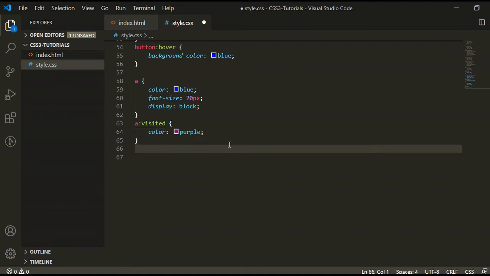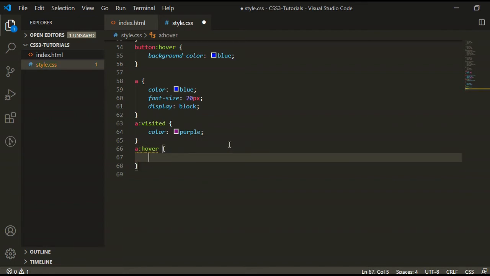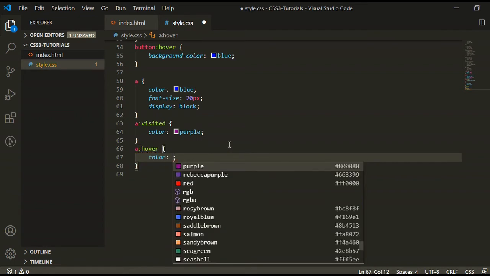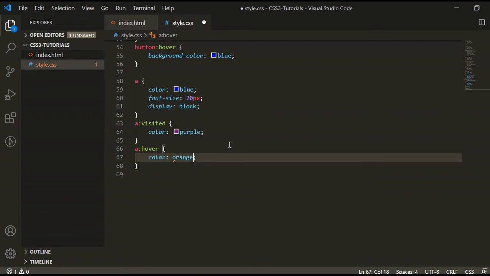Same as we can get the hover state. Now change the color, it's orange. Friends, you can change any color, whatever you want to change on your hyperlinks.